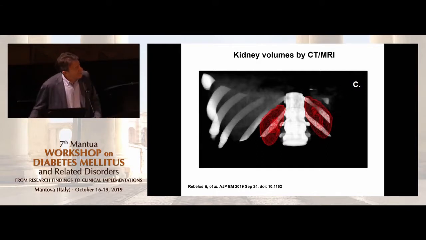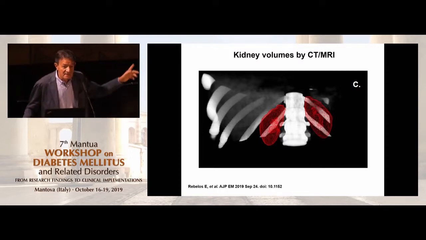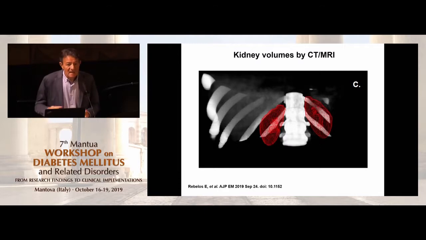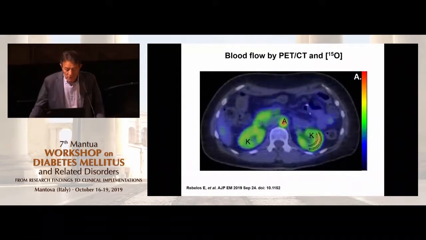For example, it's now possible with these beautiful imaging techniques that we have to visualize the kidneys in a subject, a type 2 patient like this, and then calculate the size of the kidneys, right and left. Then you can also use oxygen to measure, or acetate, to measure perfusion of the kidneys. And you know that there is a difference between the cortex and the medulla, and you can calculate the differential perfusion of these two areas of the kidney and relate that to metabolism.